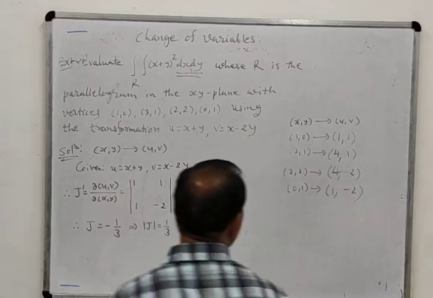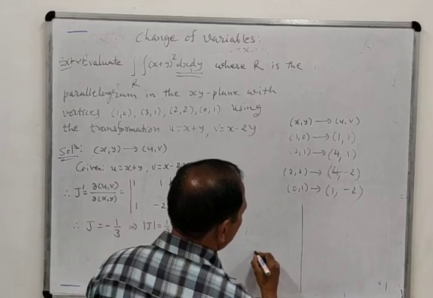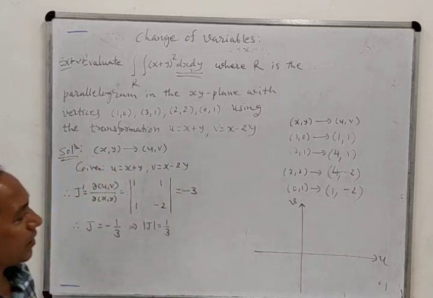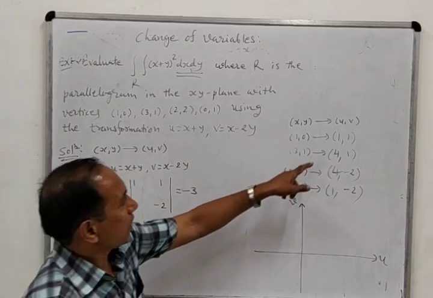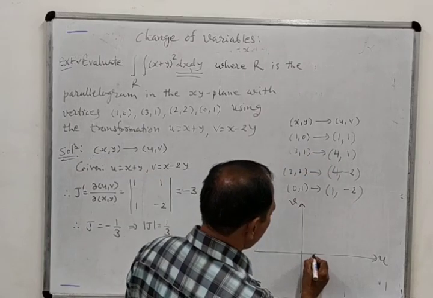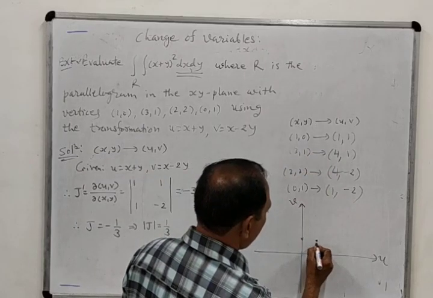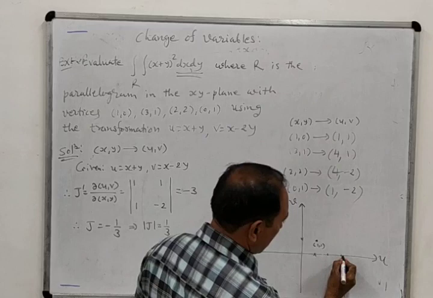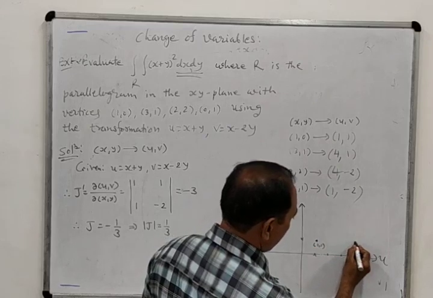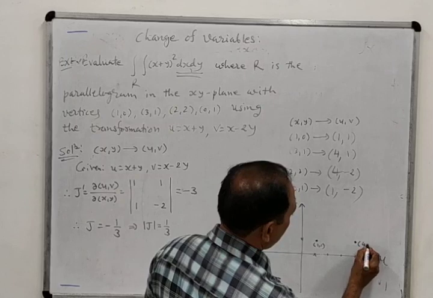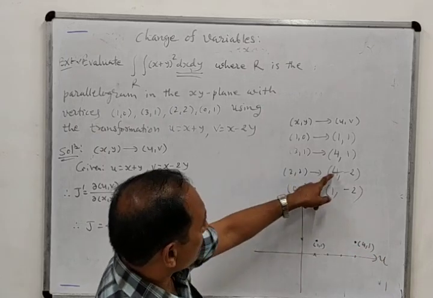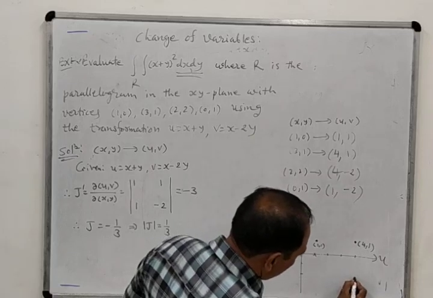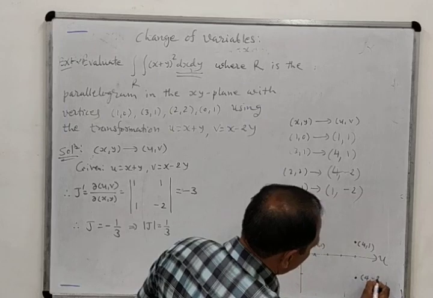Okay. So we will draw out a figure from this one. And now the figure will be in the uv plane, because we want to determine the limits in the u and v plane. So here one point is 1 comma 1. Suppose it is 1, it is 1. So 1 comma 1 is this point. Okay. 4 comma 1. Suppose it is 2, 3, 4. And 1 is here. So we can have the point 4 comma 1 here. Then 4 comma minus 2. It is minus 2. So here it is the point 4 comma minus 2.